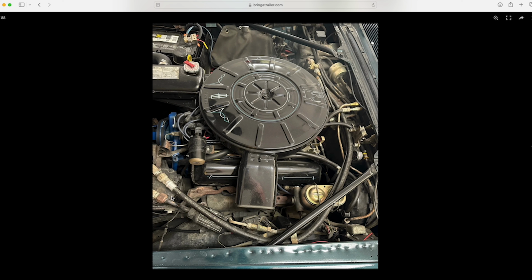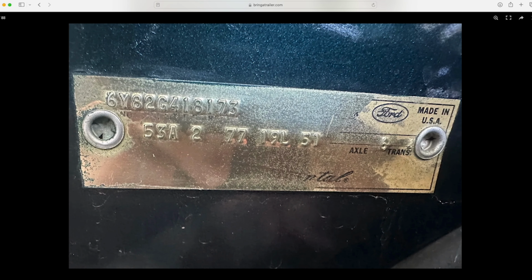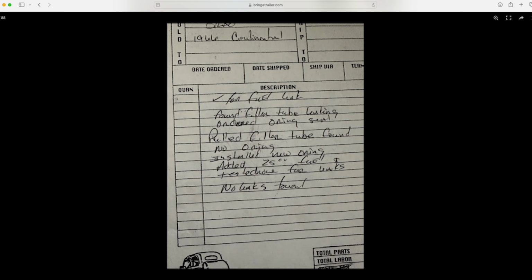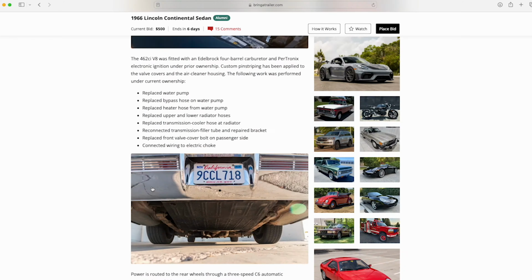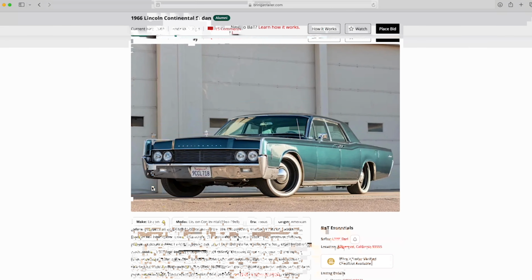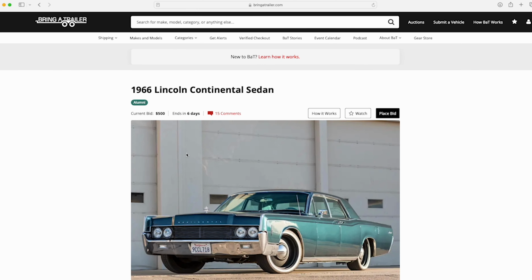We can see it is an AC car as well. It's got the original York style compressor, which is fantastic. I do believe they said that there was AC work that was done. The good news is if the AC is there, that's a fantastic thing. Even if you had challenges, most mechanic shops, even on these Lincolns, can get the air conditioning working for the most part. Now, I will tell you, I do believe this car